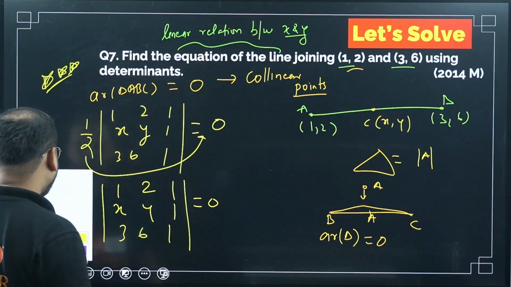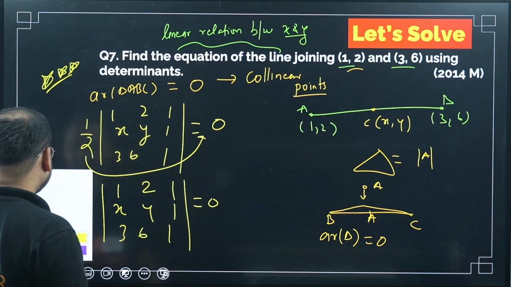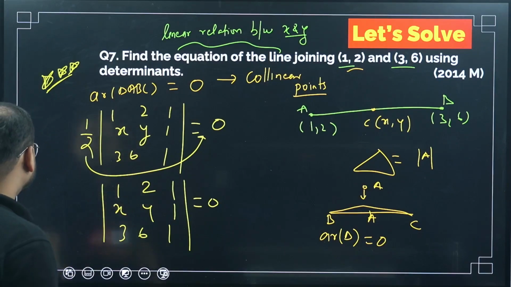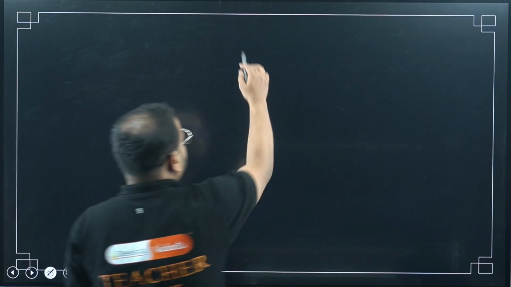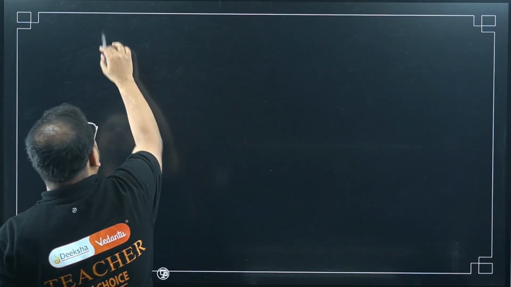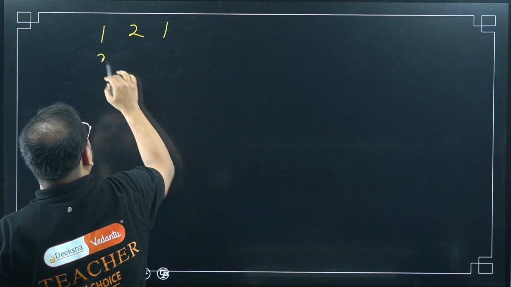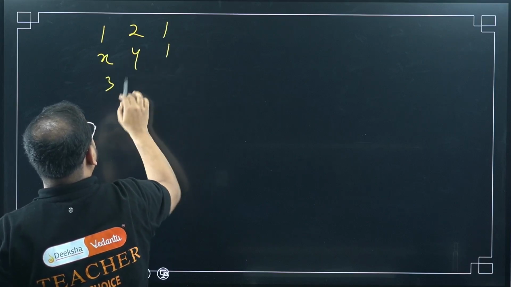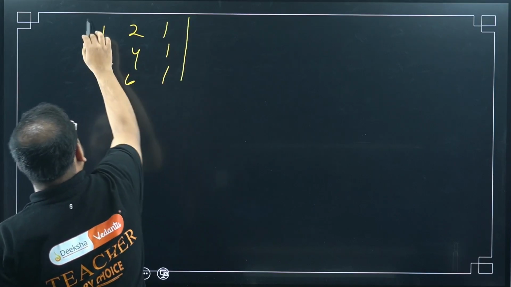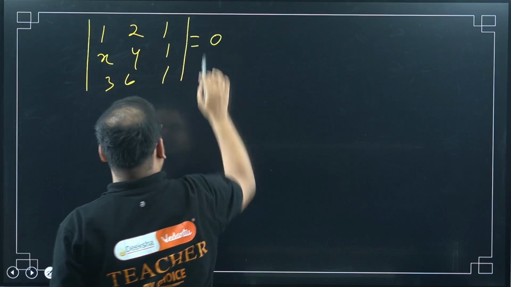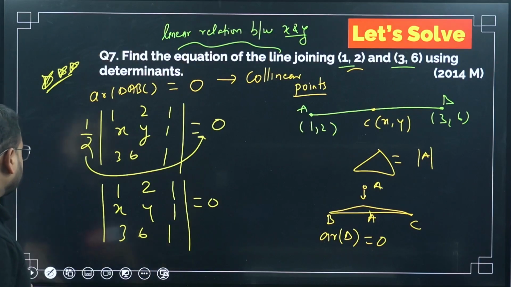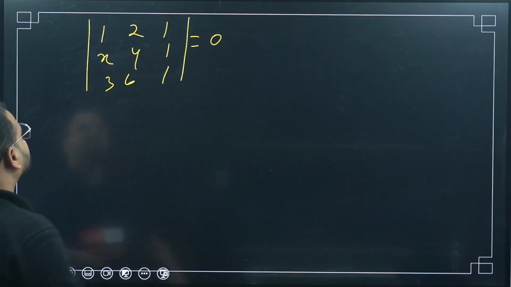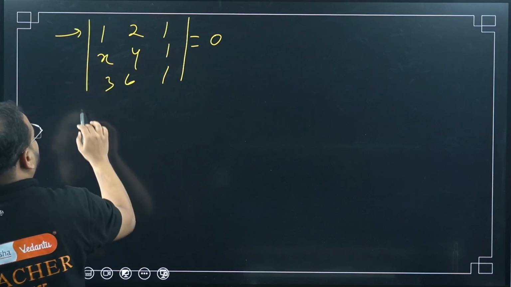How will I solve this? I'll expand along row 1. The determinant has rows 1, 2, 1; x, y, 1; 3, 6, 1. Am I right? Let me check here. 1, 2, 1; x, y, 1; 3, 6, 1. Yes, sir. So expanding along row 1, I get 1 times of